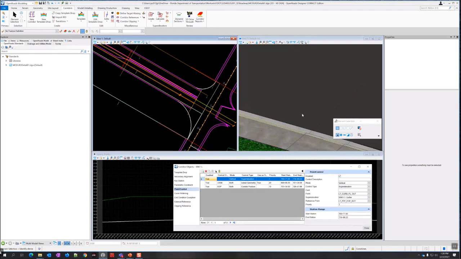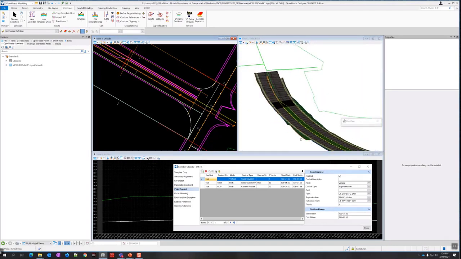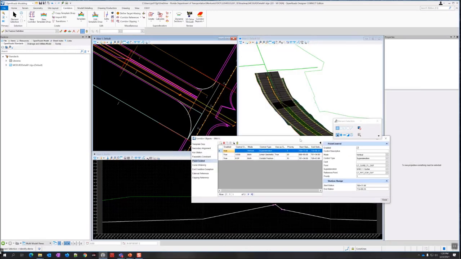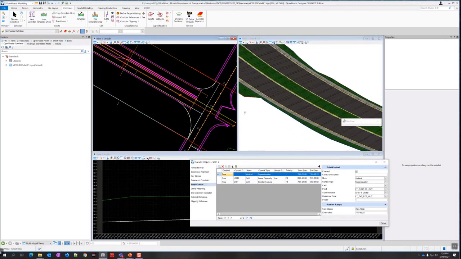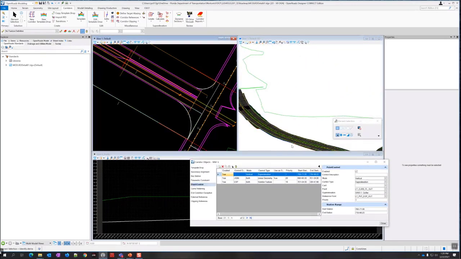All right, so that's back in place and looking like it's supposed to. If you want to check, you're welcome to check the cross section to make sure the super elevation is looking correct, but I'm not going to worry about that right now.